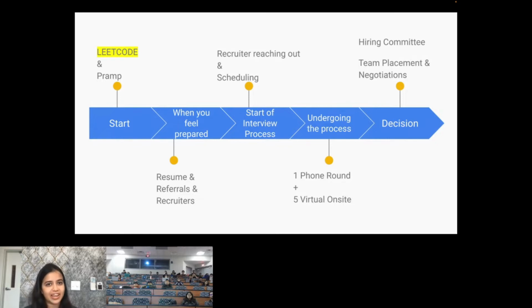Now, having said that, I don't mean to throw your coursework away and just do Leetcode, because honestly, as an interviewer, when I look at a resume just before starting the interview and I see that someone has a 3.8 GPA, it sets a really nice impression on me. It tells me that this person is really hardworking. So you don't want to get really bad grades just because you're doing Leetcode. The idea is to find a perfect balance between the two.